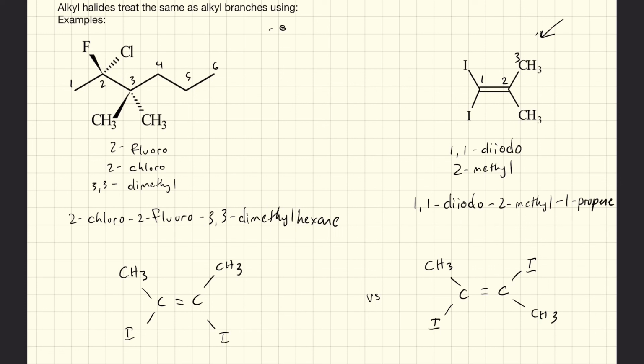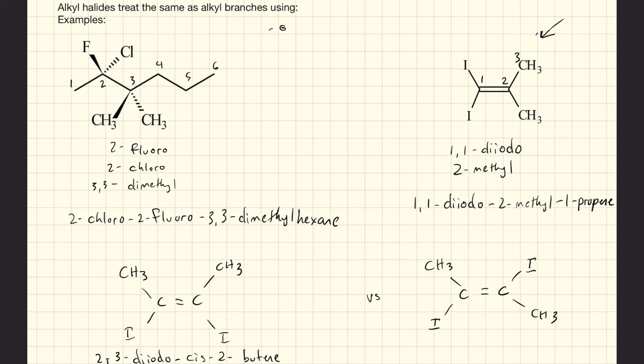See if you can name both of those. Okay, so this one is 2,3-diiodo cis-2-butene,